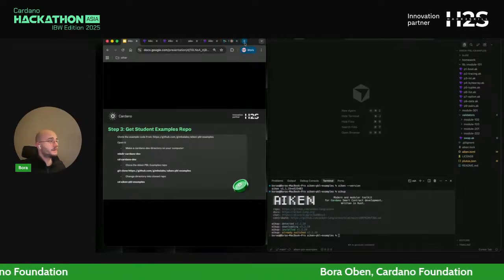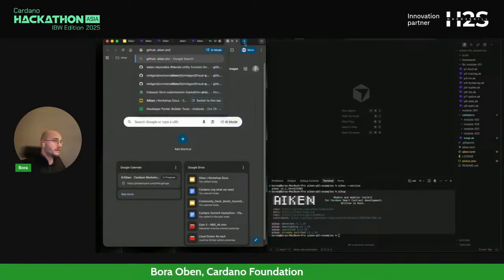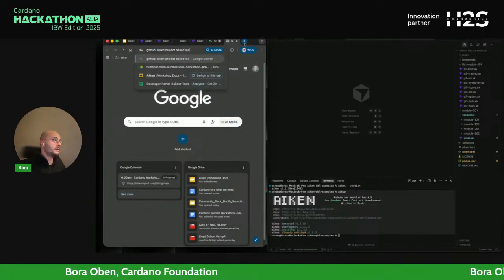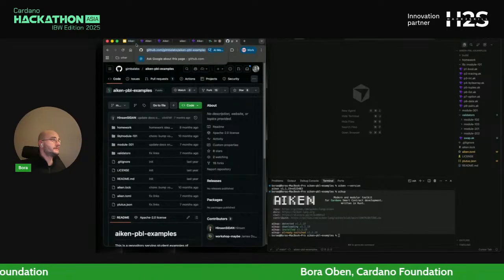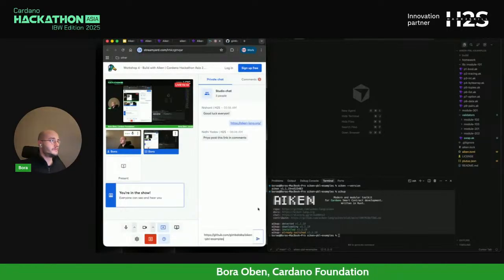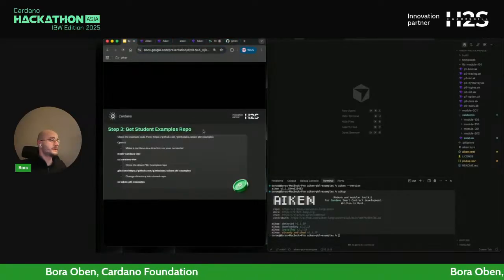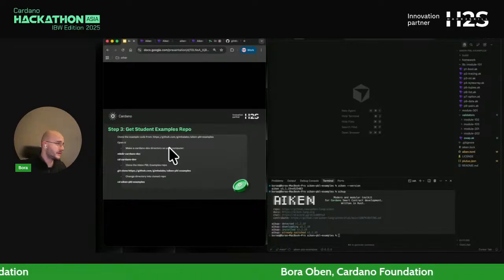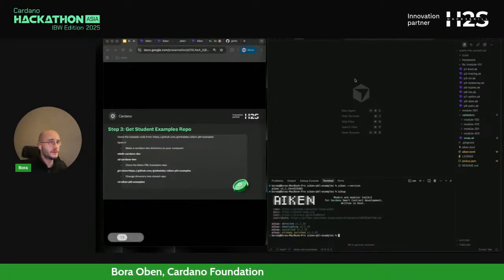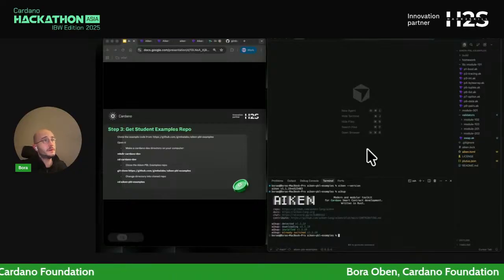I can also provide that as a link in the chat. This is where you will be starting, and what you do is clone the repository, create your directory, and get into your environment. This is what you will be seeing when you land in.